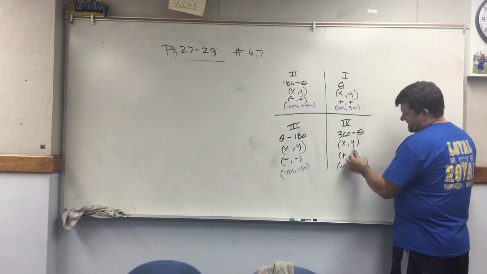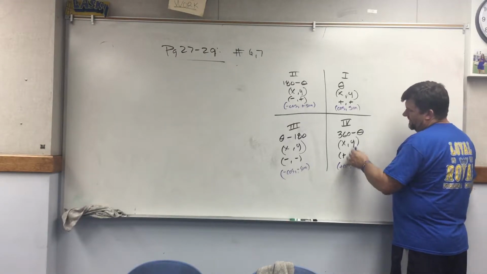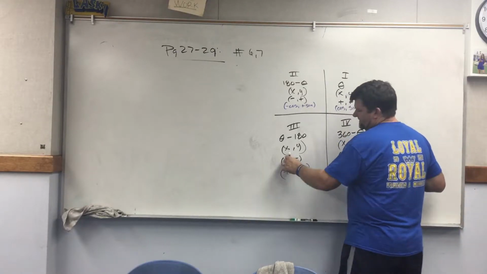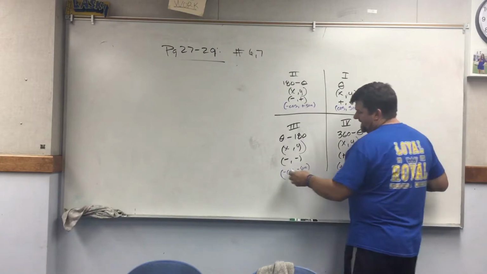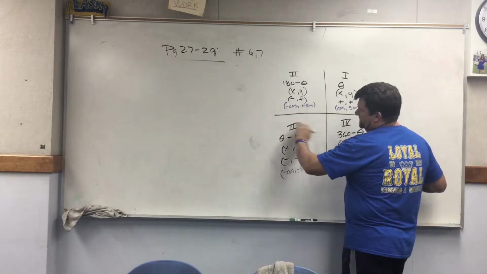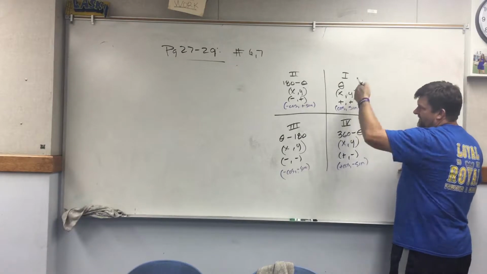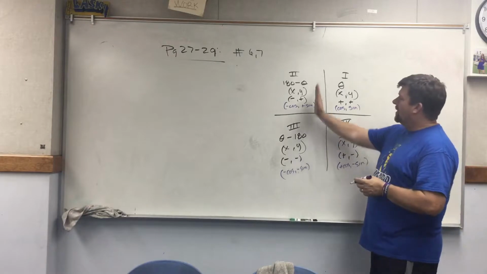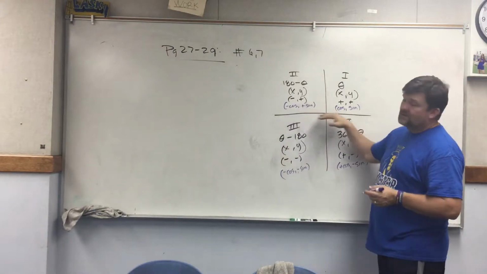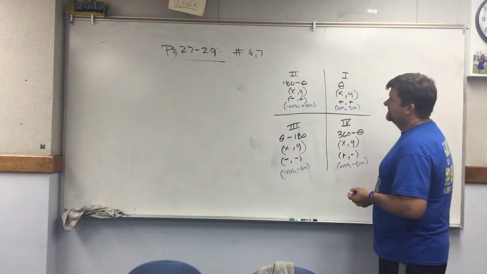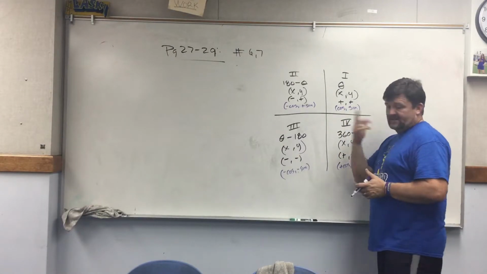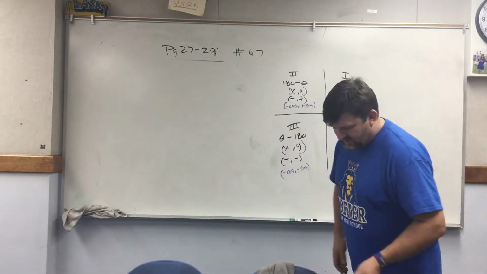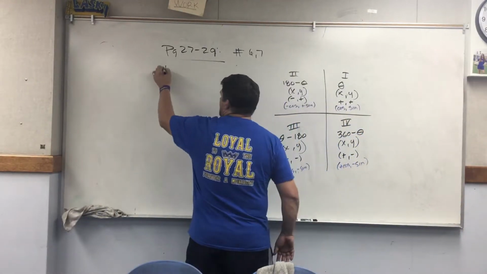So y's relate to the sines, even their values. Cosines relate to the x values on the unit circle. So this is cosine, this is sine. So they kind of start matching up. X is moving left and right, y is moving up and down. And when you draw your unit circle triangles in whatever quadrant, your y value is always your opposite, and your x value is always your adjacent. So that kind of leads us into, I think this was page 28 because I had erased it all. That leads us into what we're doing on page 29, which is